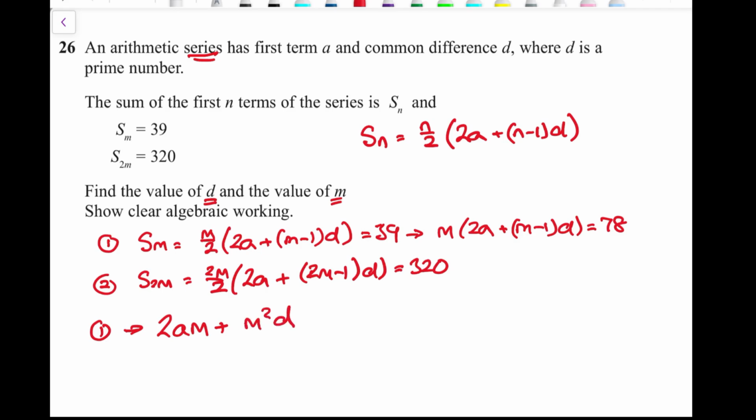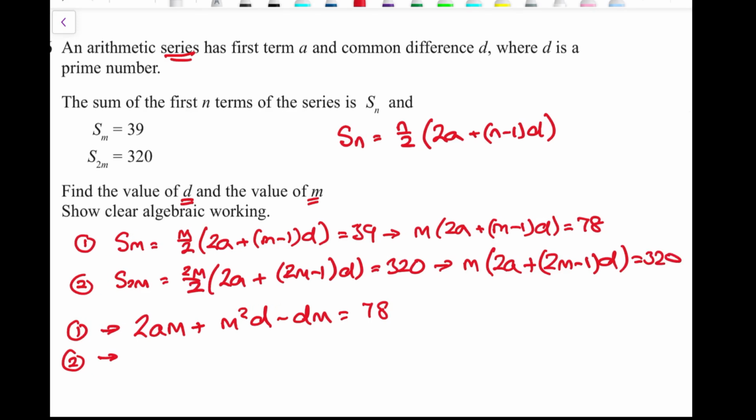M times minus 1 times d is going to be minus d times m. Now, it doesn't matter which way around you write the d and the m squared. So therefore I've got 2am plus m squared d minus dm is equal to 78. And then equation 2, if I rearrange that, well, 2m divided by 2m is m. So I'll write it here just so it's a bit clearer. I can change this first one to m times 2a plus 2m minus 1 times d